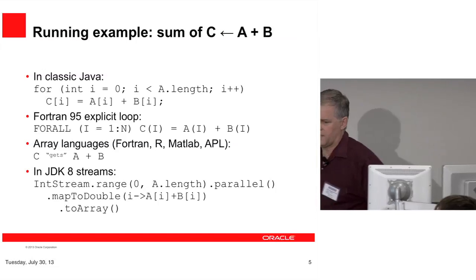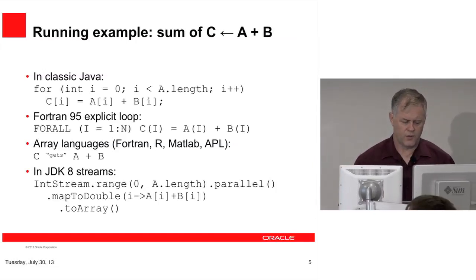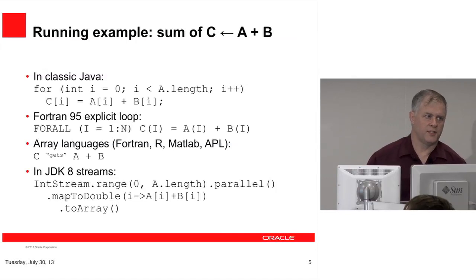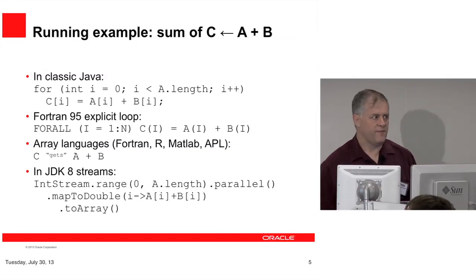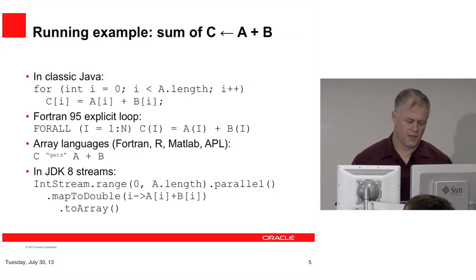There's a very nice construct which actually turns out to be not so useful maybe, but it carries the point very well, which is the for all construct from Fortran 95, I think is the vintage of it. For all is a for loop, but in which the order of iteration is not guaranteed, and in fact the effects can happen concurrently, and so you're allowed to do all sorts of loop transforms on that without worrying about what order it should appear to the user.